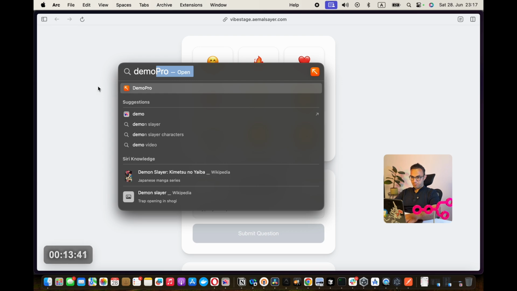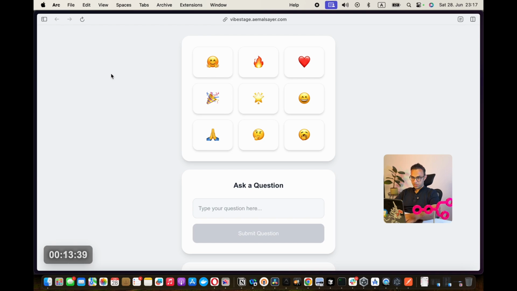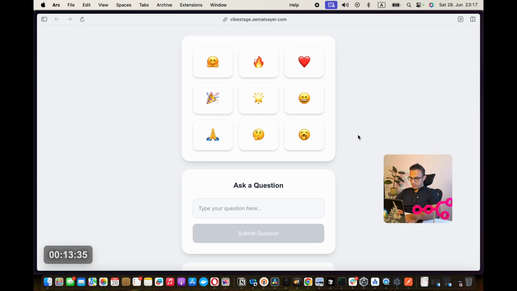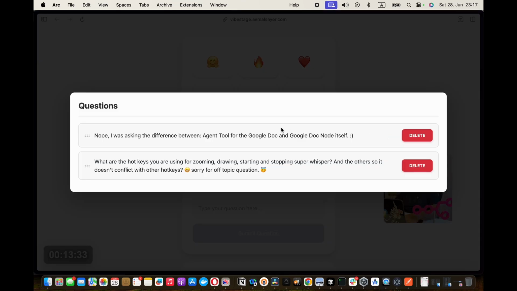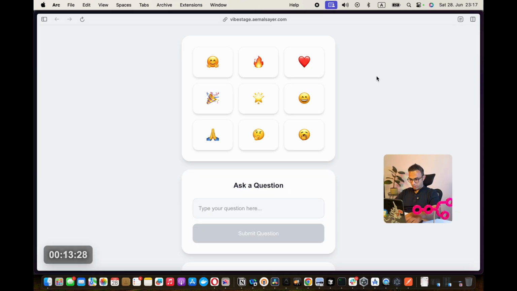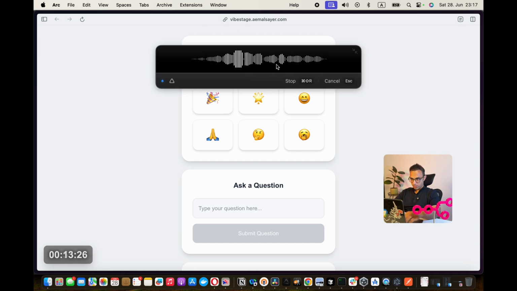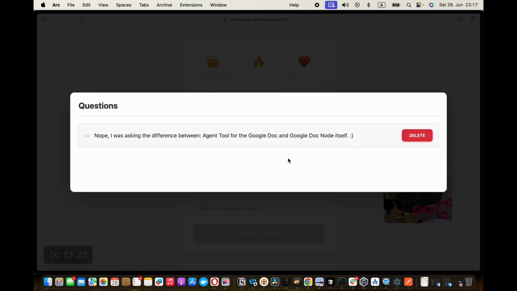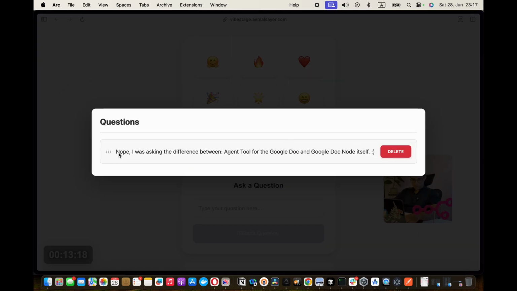And I need a feature to type on the screen. That would make my life much easier. And what was the other question? Yeah, the shortcut Command Shift R is turning on this thing. You can set it up yourself in the settings. Sorry guys, it was off topic, but I'm not leaving any question behind.